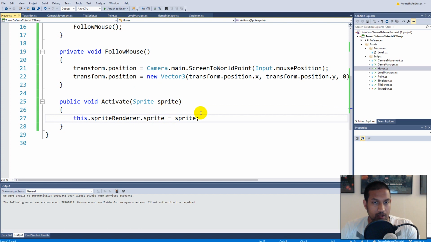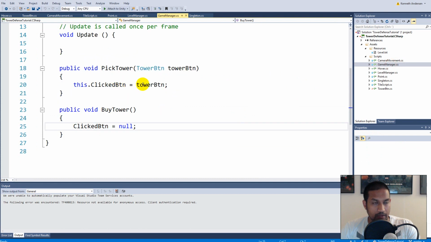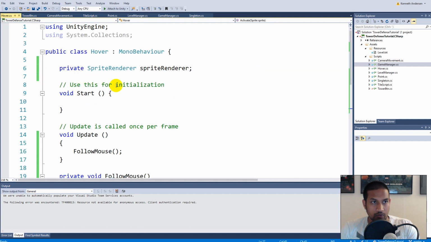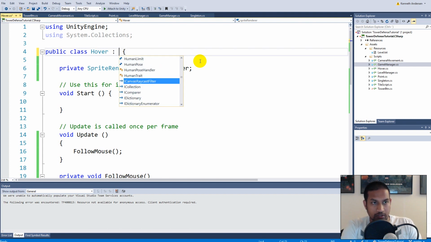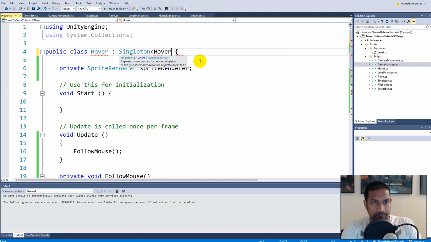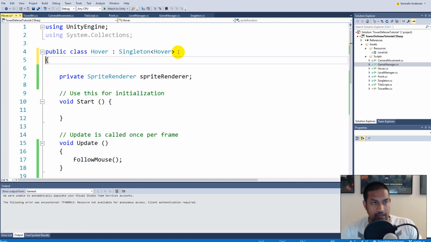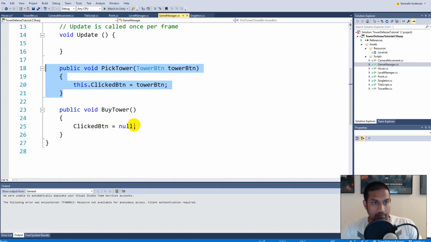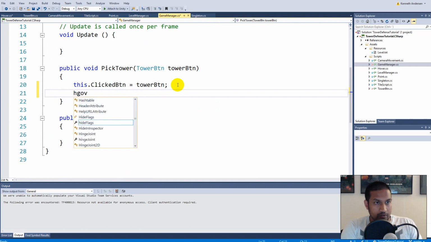click a button. So we have to go to our game manager script, and here's a pick tower function inside the game manager script. The pick tower function will have to enable the hover icon, and the easiest way to do this is to make the hover icon into a singleton, and we already created a class for singleton. So we just say hover inherits from singleton and hover. So now it implements that, and it's a singleton, which means that we can actually go to our game manager and say hover